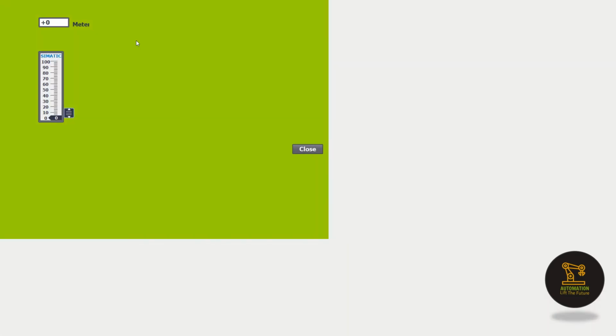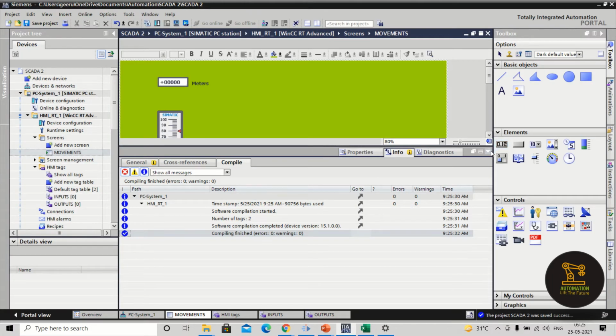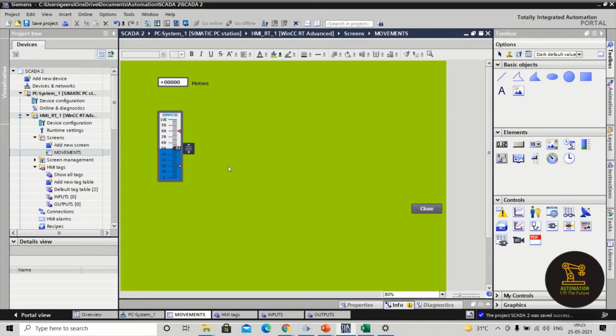So when you want to get back from runtime window to normal engineering station, click on this close. So what I have done, I have taken a slider, given the properties, and then I went for the IO field, I given some properties, and it is working.